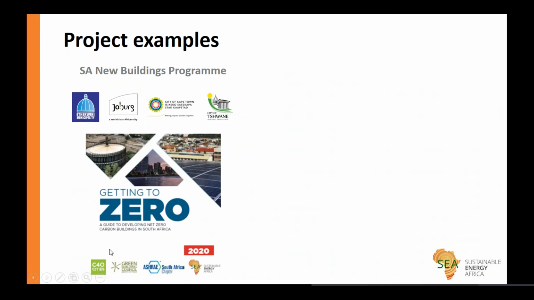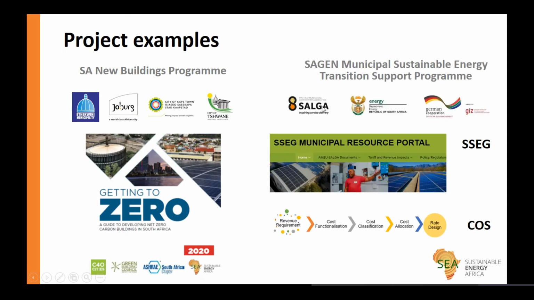It's a C40-led project, and we've placed someone in each department working internally to build capacity around what this means, getting the billing systems within the electricity department so that they can meter buildings, etc. We've just recently put this guide together with the Green Building Council, Getting to Zero. That's going to be launched at the upcoming Green Building Convention. And then the second example is this